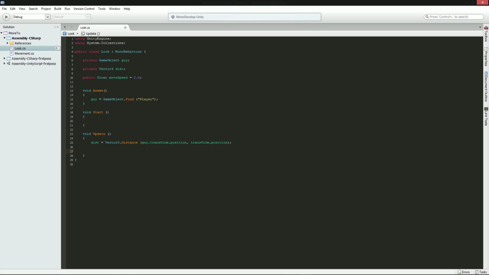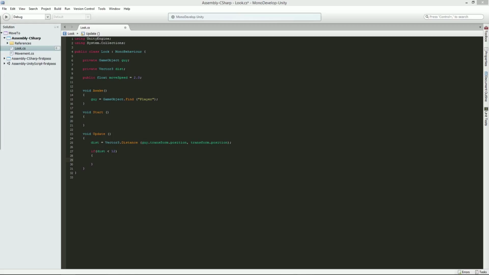So now that we have the distance, we want to go ahead. By the way, you could do this in quicker ways than this, but I am just doing it this way so that you guys can understand what's going on a little bit easier. So we want to get the distance, and if the distance is, say, less than, I don't know, how close do we want the player to be before he starts running at him? Let's say 12. If the distance is less than 12, then we want to look at the player and start moving towards him. So for that, we are going to look up another function